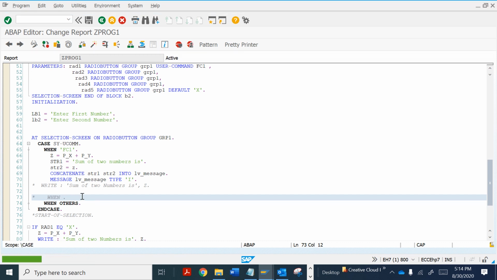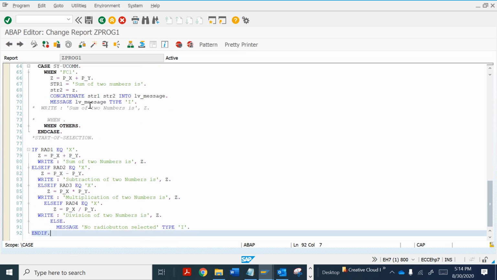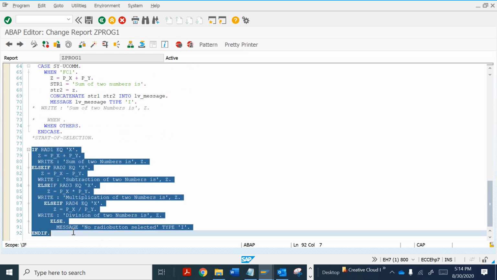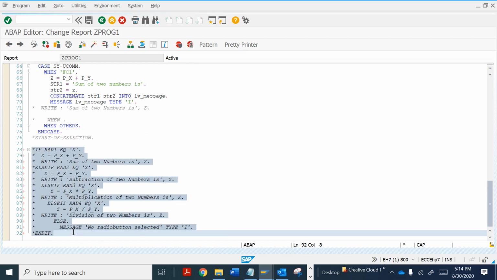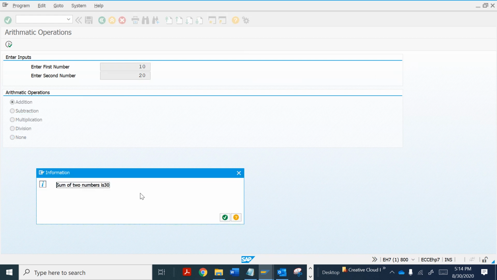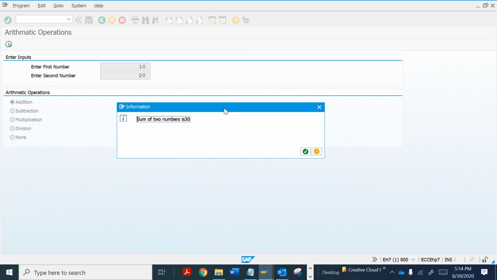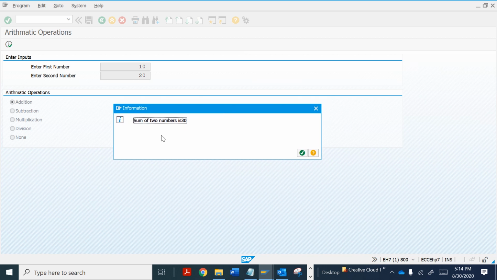It is activated. Now let's comment this part first, because I don't want to perform all the operations in the start of selection event. Okay, let's select this. See, my information is coming in a pop-up as an information. Now see, 'sum of two numbers is 30' is coming without space.